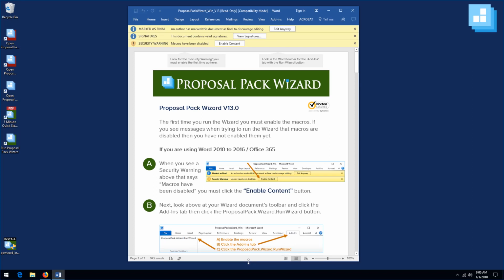Now the installer will open the Wizard's Word document. The Wizard program is actually embedded inside of this Word document. So this Word document will always be open when we're running the Wizard. During the initial install, and usually when you open it afterwards, you'll see some yellow bars across the top